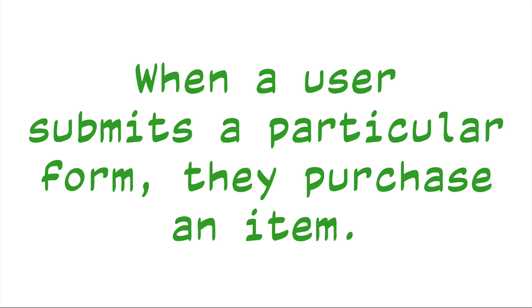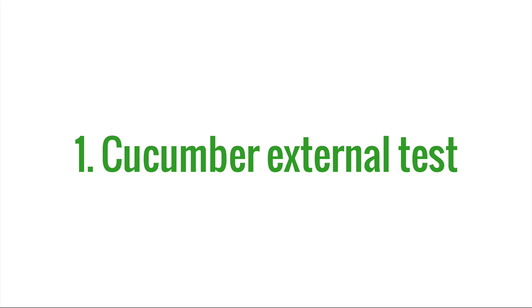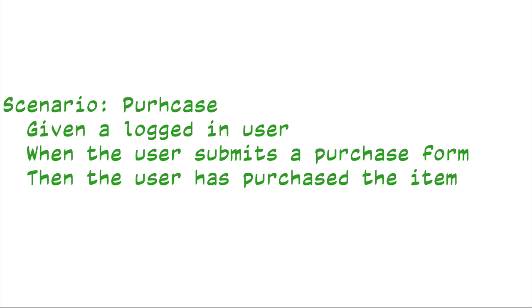There are two basic places to start, one of which is the behavior-driven development outside-in approach, where you start with some kind of end-to-end test, so you create some specification for the behavior of the system as a whole, and you know that that end-to-end test is going to fail until all of the pieces of the functionality are lined up and working together. Often that takes the form of a Cucumber test that's external to your Ruby code in a Rails application. And it might look something like this, purchase, which I misspelled there: given a logged in user, when the user submits a purchase form, then the user has purchased an item.